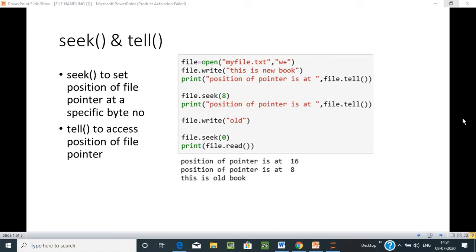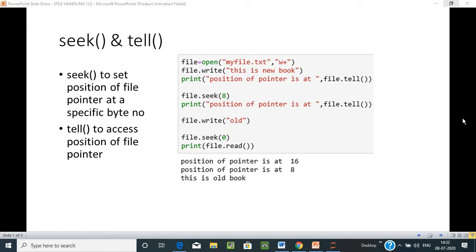File pointer is used to tell the position where the cursor is. So with the help of tell function we can find out the position of cursor or file pointer in a text file.